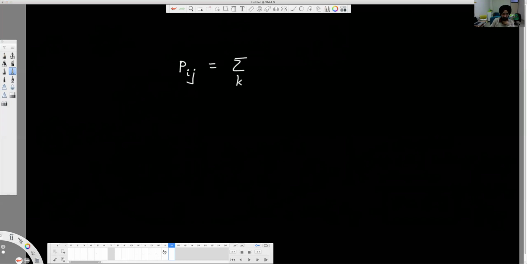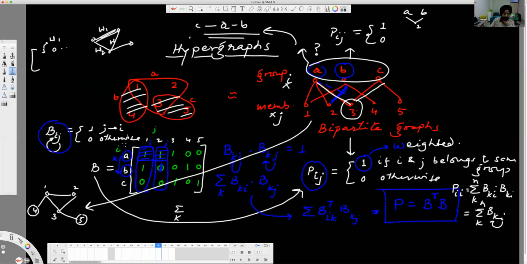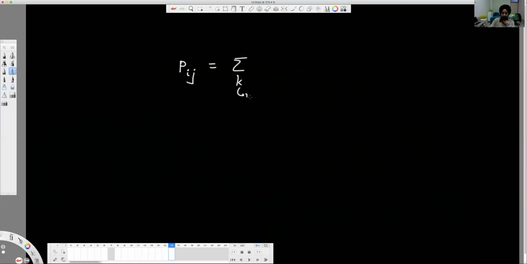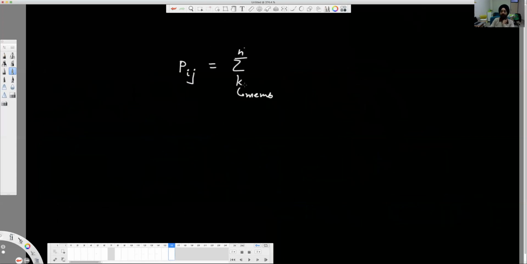Earlier the K were groups, isn't it? In this notation, the K was group here. You see here, it was group. Right now I'm saying that K is a member here. This is member. And now N would be different here. For members, N will be different, and for groups, N will be different. So in these two equations, the total N here will be different. N1, let's say, and this will be different here. Because now I'm looking at members. Earlier I was looking at groups.